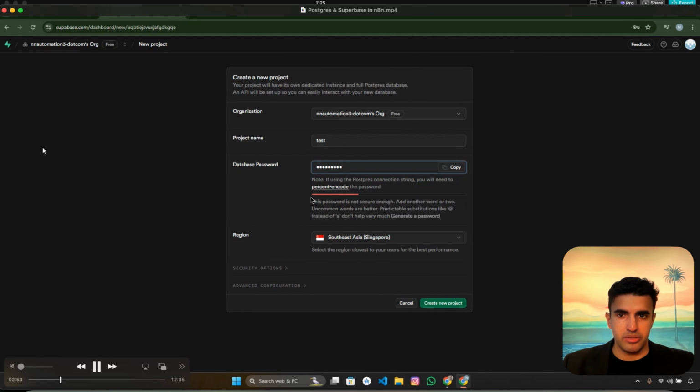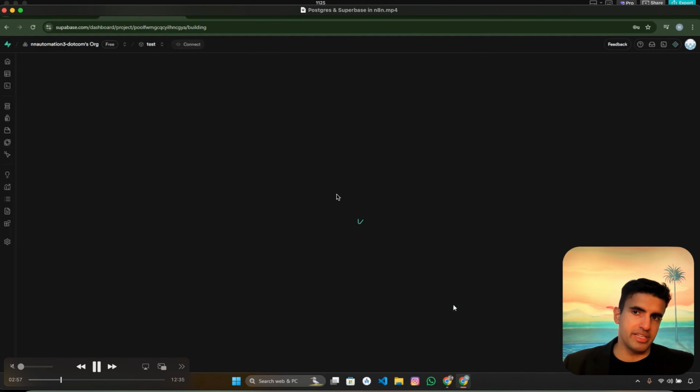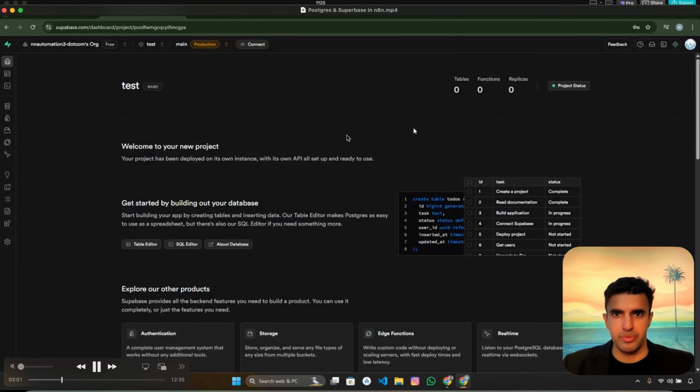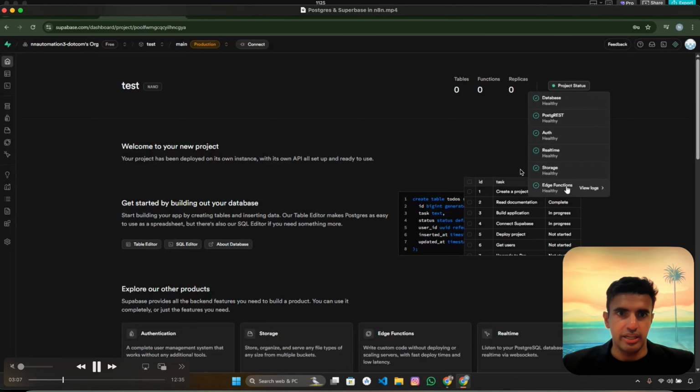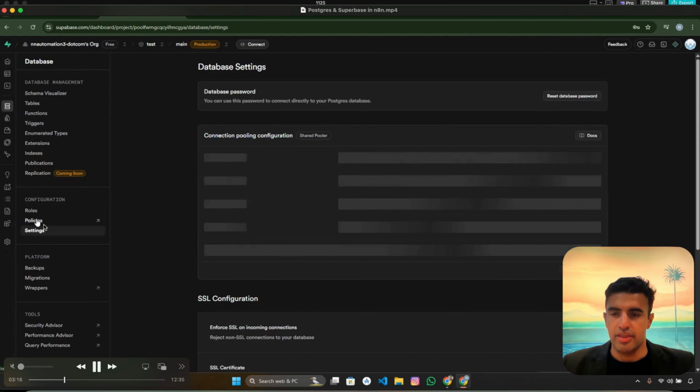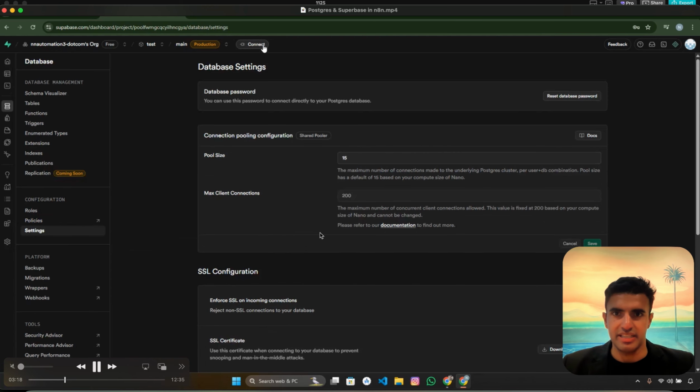Yeah, the password has to be stronger. And yeah, create new project. South Asia, Singapore. It's better to do it in the location that you are in, but just for a test, we're going to keep it like this. This organization has been created here. Authentication, Postgres, so all of this information is there. Then now when we go into the database section,